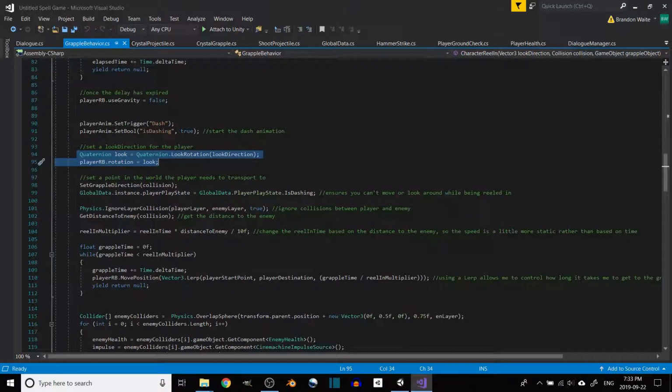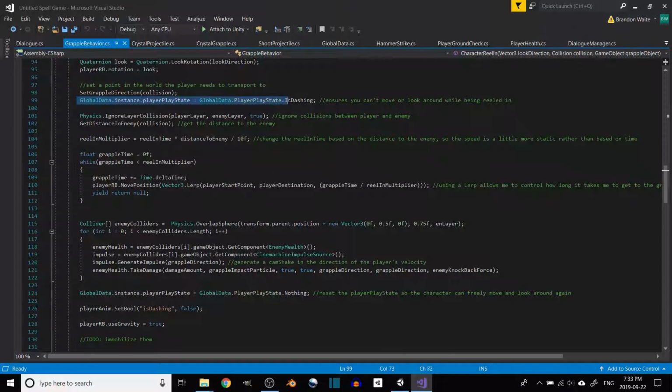Make sure that the player rotates towards the direction of the grapple so that even if you're facing the opposite direction, this will force you to snap towards that direction so it doesn't look weird. Change the state of the player to is dashing, just so that I've got states that check what the player is doing, so that there are certain states where you cannot move with the keyboard. So this says if you're dashing, you will not be able to move. So once you're being reeled in, you're not going to be able to move until the character